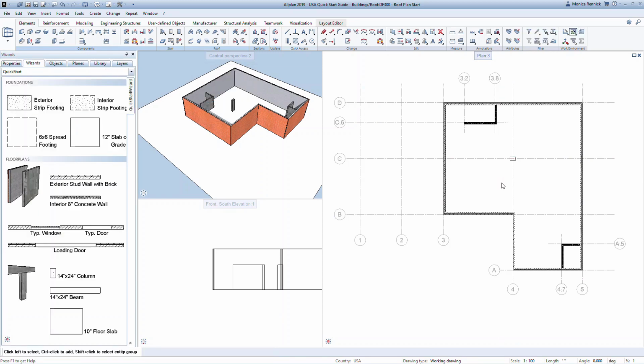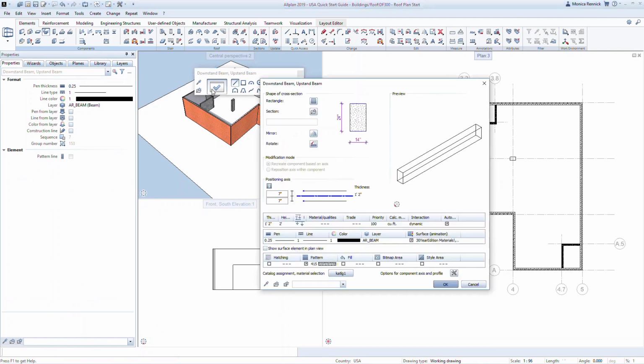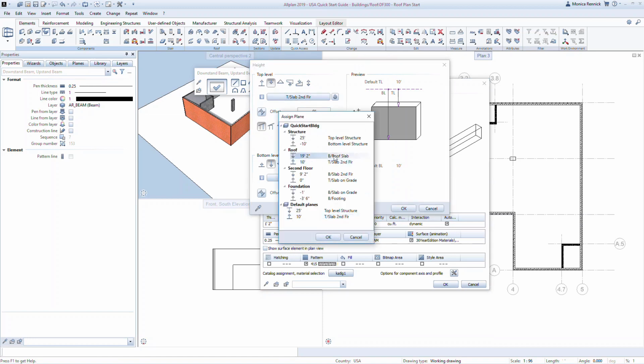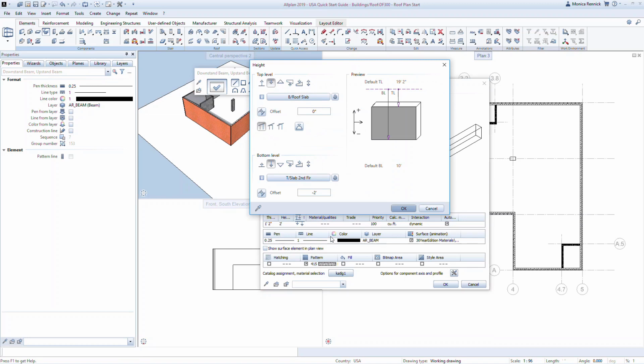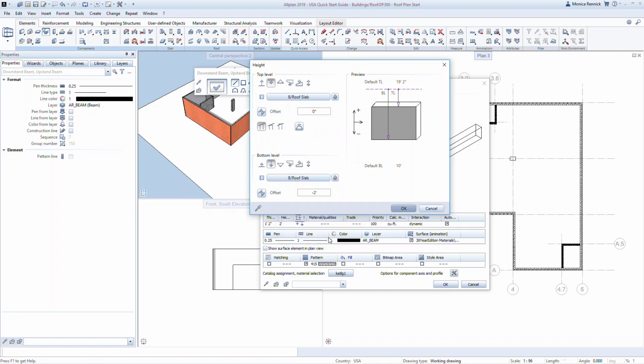We can model the beam along grid line C in the same way. In the wizard, double right-click on the 14 by 24 beam element. In the beam properties, go to the height. Notice this different location in this particular properties box. Change the top and bottom levels to the bottom of roof slab level. For the beam, both top and bottom are referenced off the top plane, and the bottom is just an offset